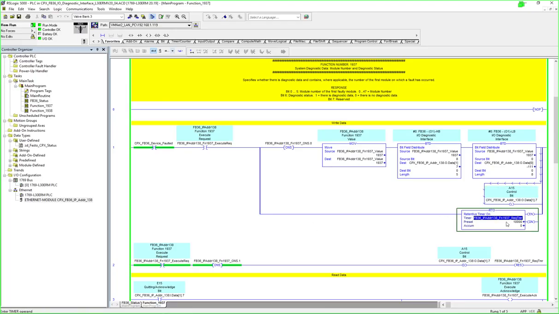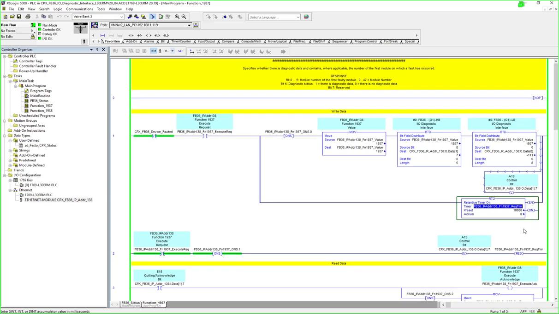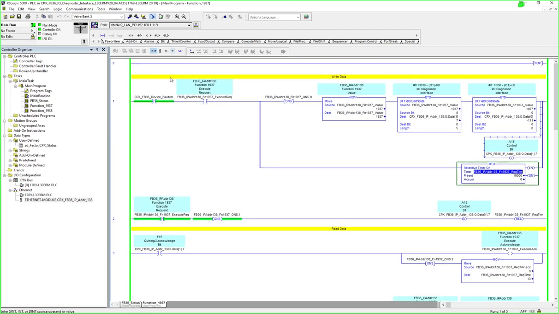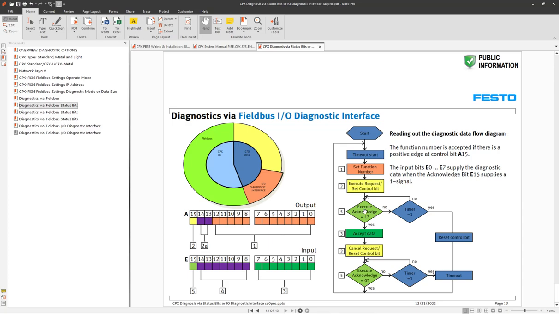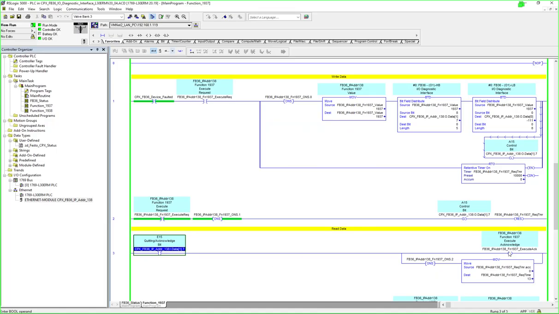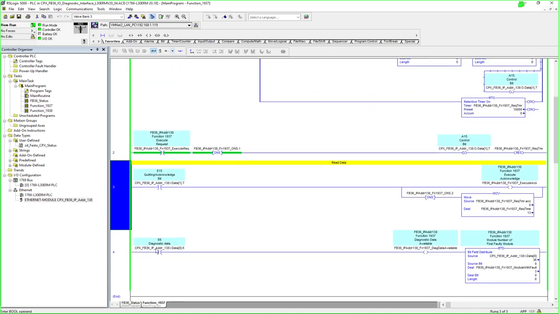and for my own clarity, I've added a timer here just to see how long it takes to get some feedback. So basically, I'm going to turn this bit on, and then I will get an acknowledge. This is the E15, which is this bit right here, E15. It's going to come back and acknowledge the fact that I've done it, just like in this sequence right here. I'm going to get the acknowledge back, and that's me getting it. I'm just setting a bit, and I'm moving the timer value into the request time, so I know how long the request took place. And then,